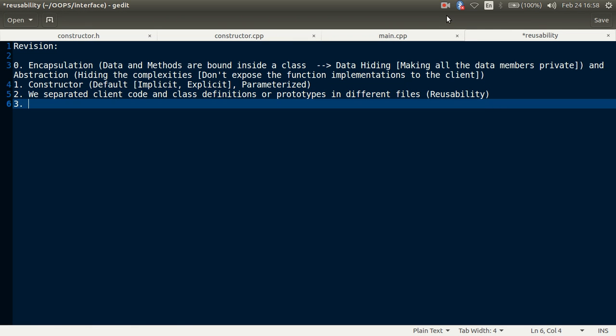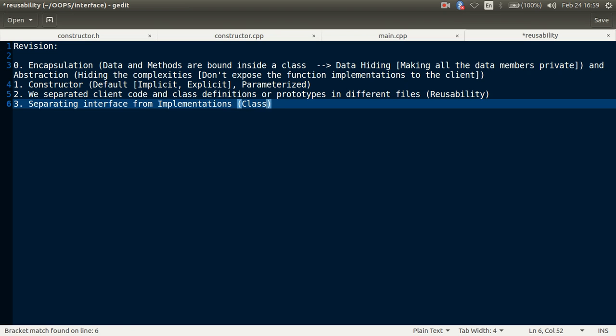Third point, the very important feature is separating interface from implementation. So what we did, we separated our class file and main file.